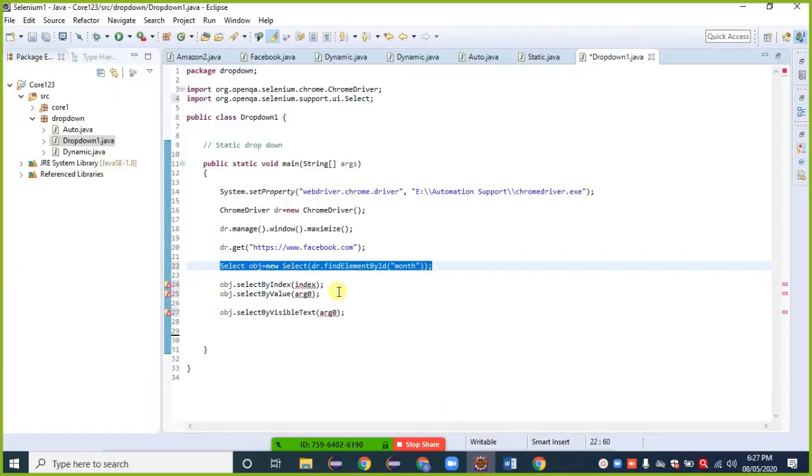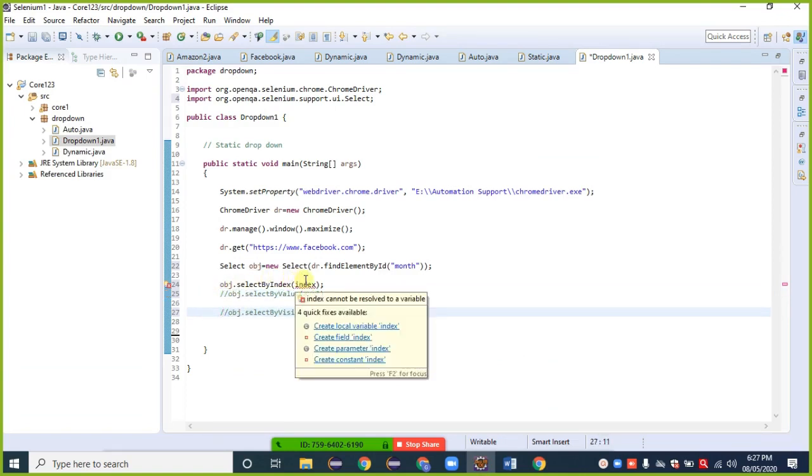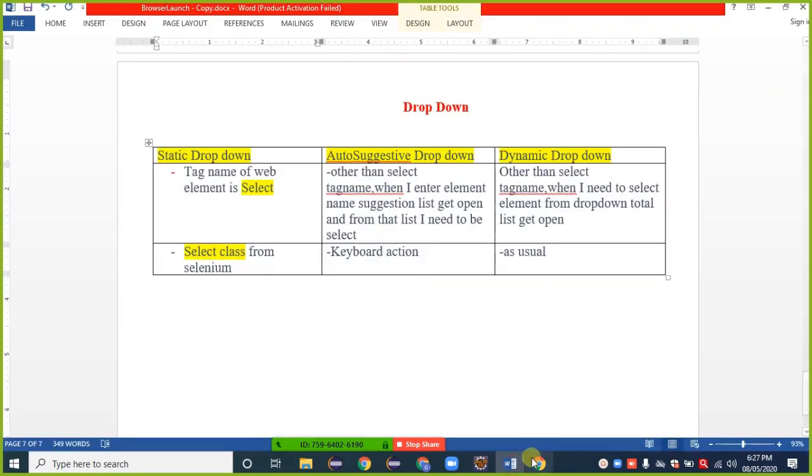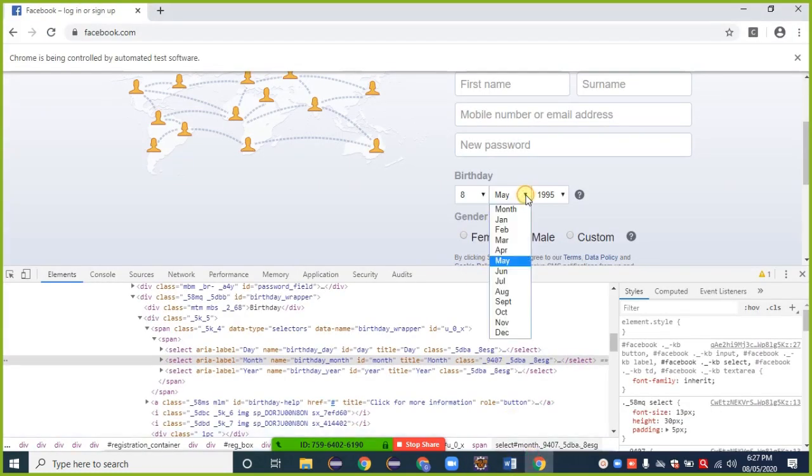So the first way I'm explaining here is by using index. Every web element has an index for a static drop down here. For month, our index always starts from 0.